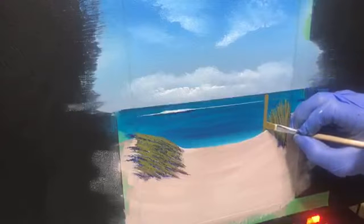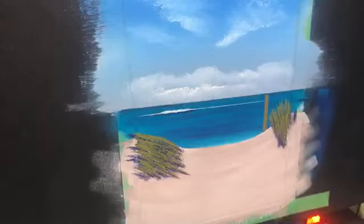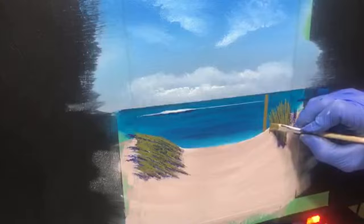Now when I etched it out, I had the posts sort of overlapping each other, but I want some gaps in them so you can see distance down within. I'm just going to grab a little bit of white just to turn the lights on that a little bit. Now the next one I want about here, this low, so I want one about there,